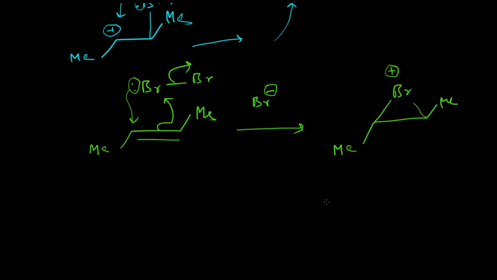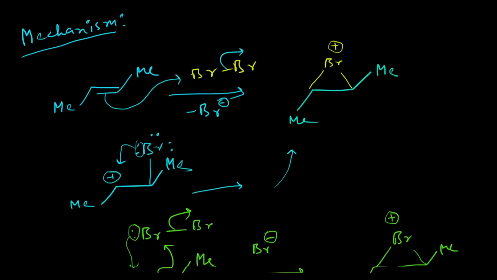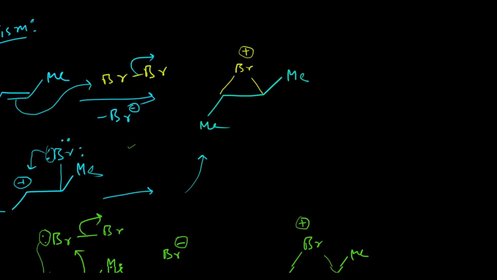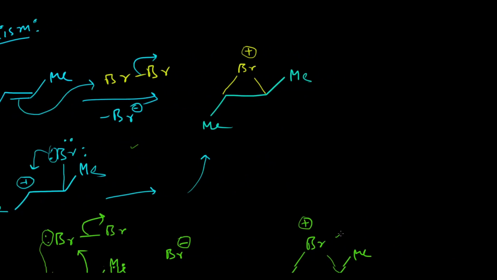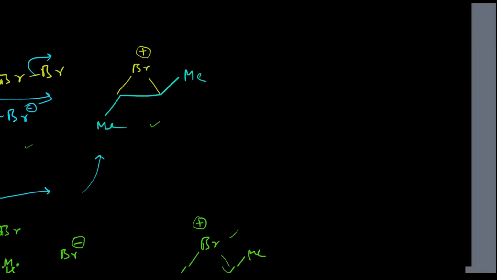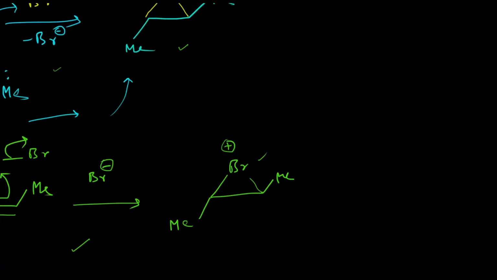Modern chemistry textbooks suggest this pathway, and older books suggest this pathway. So you can follow either of these pathways, but you have to remember that this cyclobromonium ion is actually forming in the reaction. So you have to highlight this while showing your mechanism. After the formation of this bromonium ion,